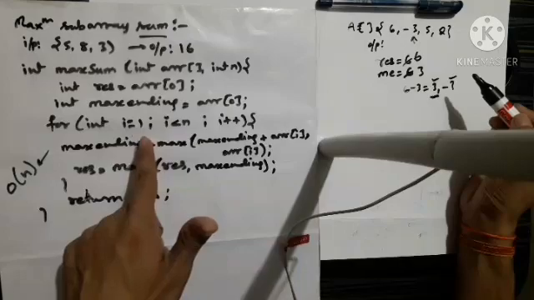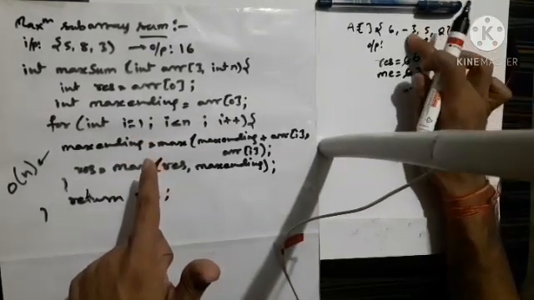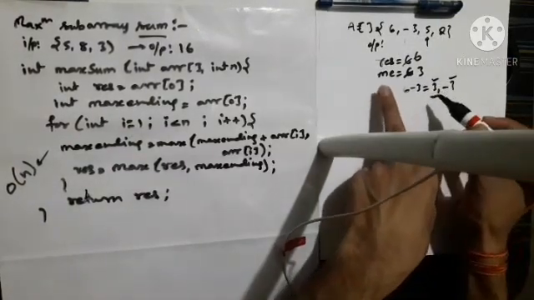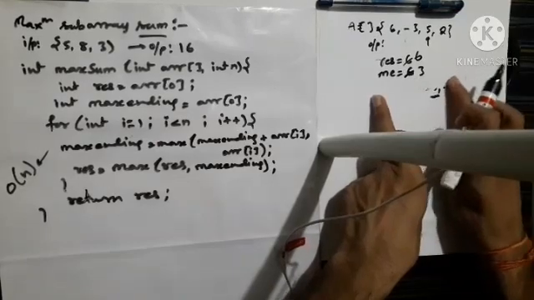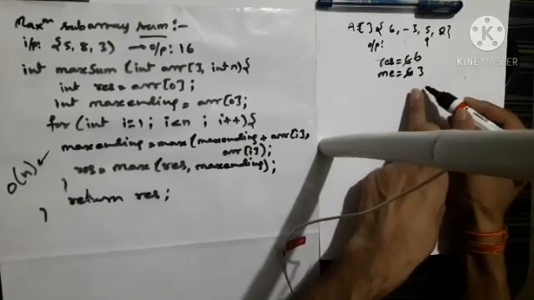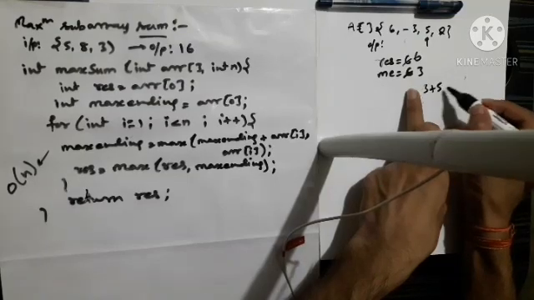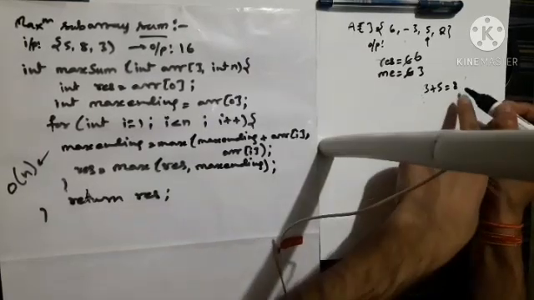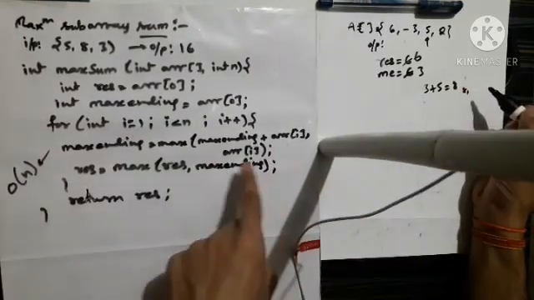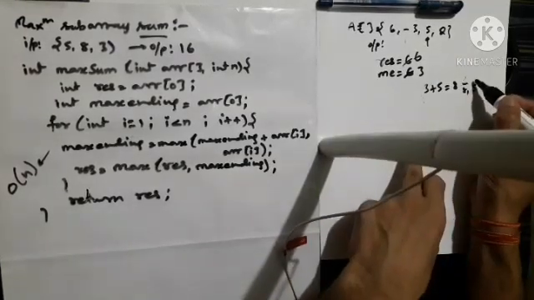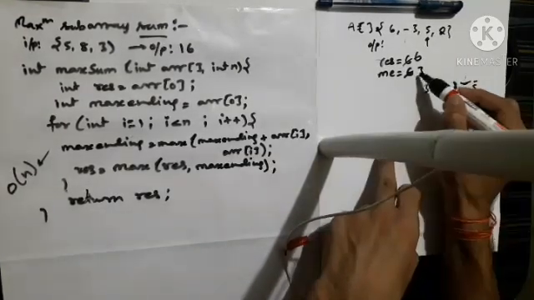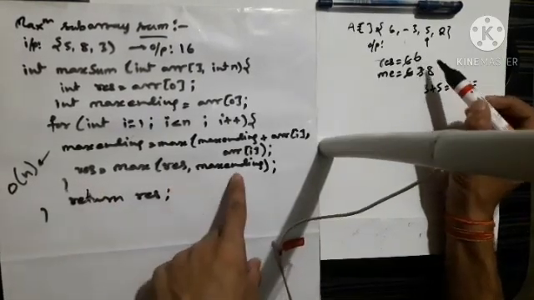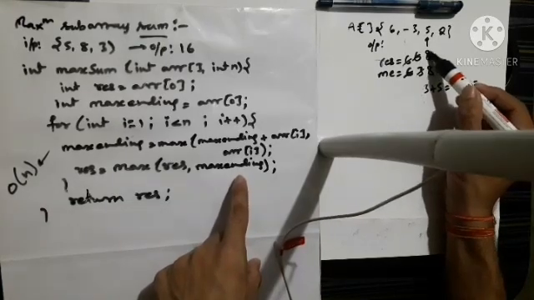Okay, so I will again enter and now i becomes 2, that is 0, 1 and 2. So now my maximum ending contains 3. So 3 plus array of i, that is 3 plus 5, that is 8. So what I will do, I will compare 8 and array of i, which is 5. The maximum between 8 and 5 is 8, so I will take 8 and update it in maximum ending. And now definitely I will update my result. My previous result contains 6 and my maximum ending now contains 8, so I will update the result as 8.